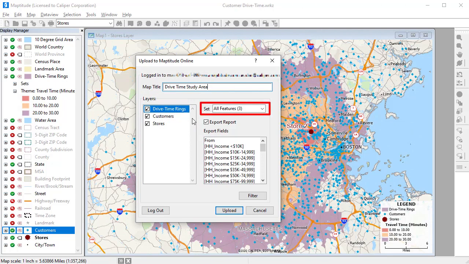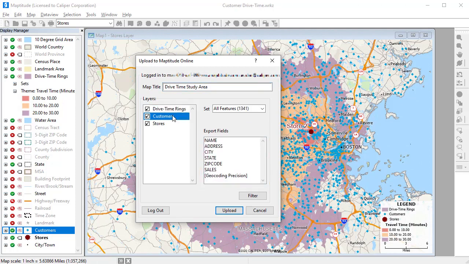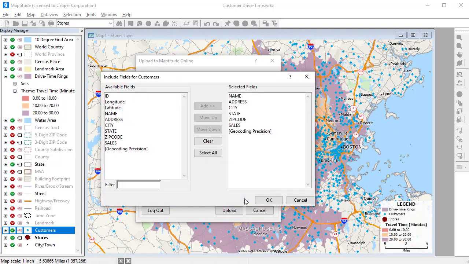For each layer, you can choose whether to upload all of the features or just a selection set. If any reports exist for the layer, you can check this box to upload the report as well. And you can choose which fields to include in the upload. For example, the customers layer will include the name, address, and sales data, but I don't need the geocoding precision field. So I'll click Filter, drop that field,